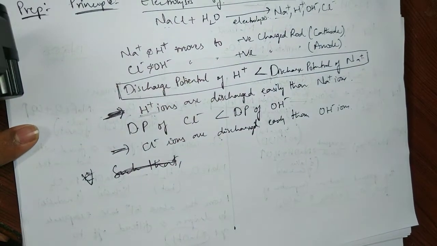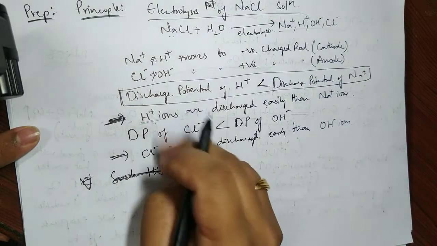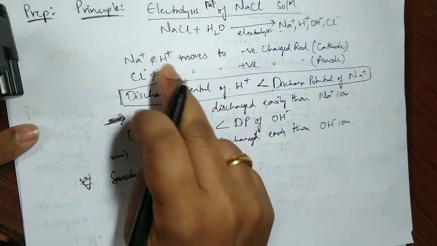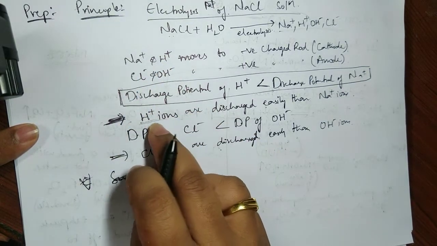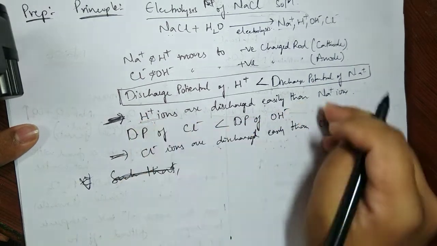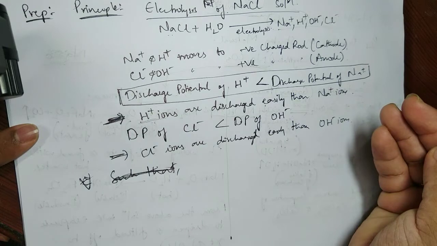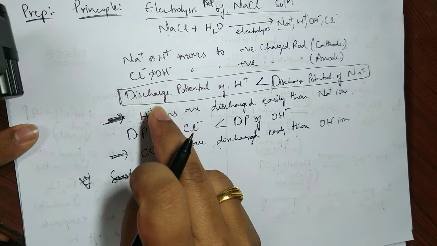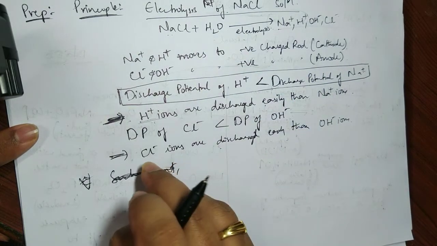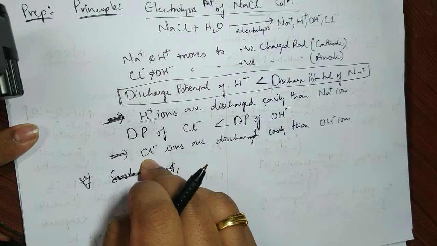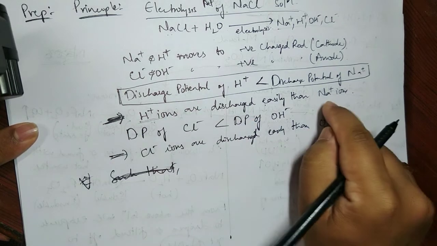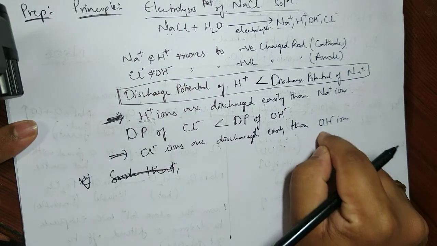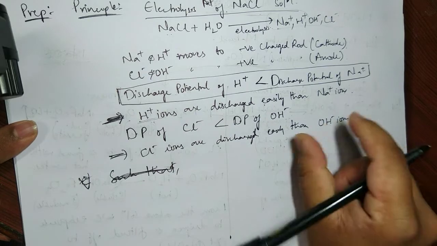Now the only difference is in what we use. For example, here H plus ions are released and H2 gas is released on a larger scale, and at the bottom Cl2 gas is coming out. So the Na plus concentration is increasing more and more. In the medium, H plus ions are converting into H2 gas and leave the system. Similarly, chloride ions convert into chlorine gas and leave the system. Na plus ion concentration is increasing, and with respect to Cl minus, OH minus ion concentration is increasing.